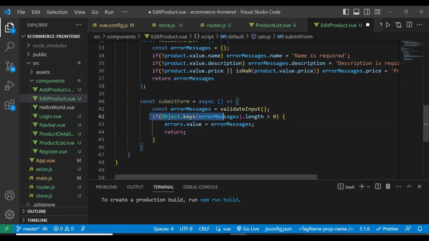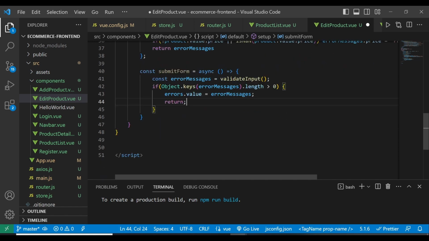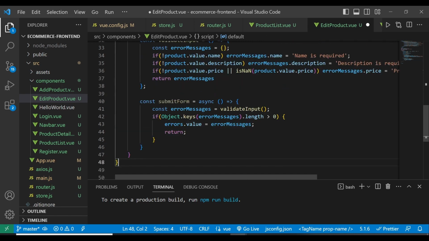So basically we check if there are any errors, and if there are any errors, we are going to return them by defining errors.value equals error messages. So what are the error messages which are there? And if, of course, there are no errors, then the product is going to be updated. So lastly,